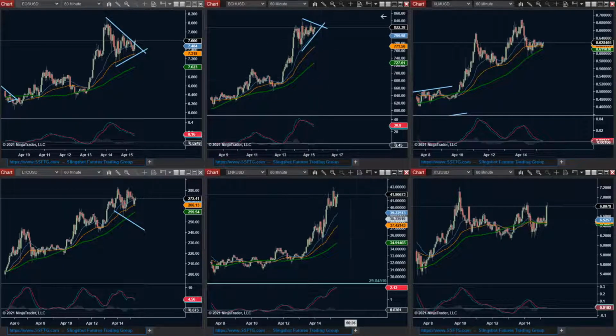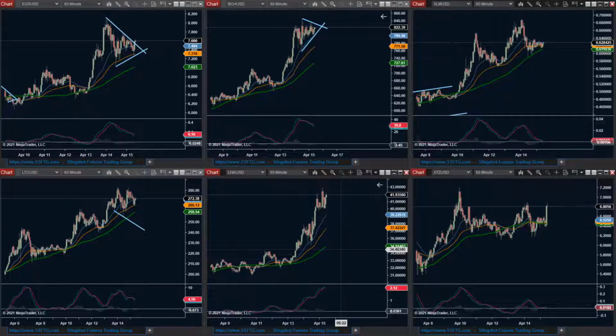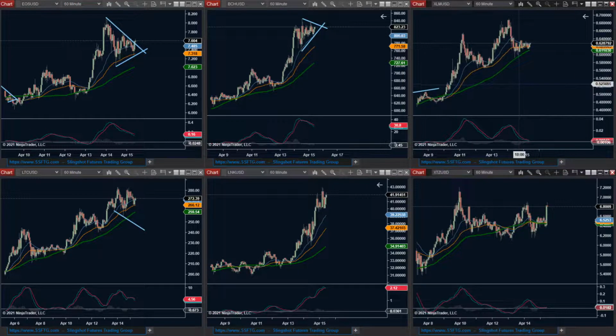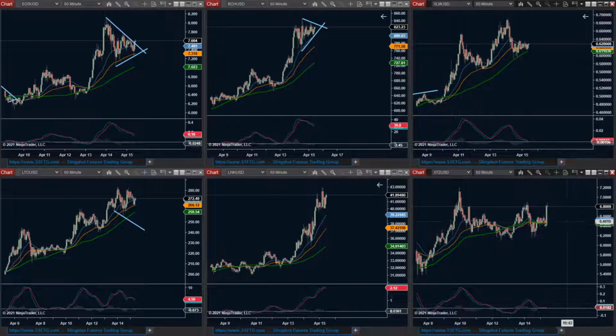Quick little dip down to 750. Over on Link, finally. Good Lord, it took this thing long enough, but it's finally churning to the upside now, up into the 42s, 43s. Good continuation higher. Lumens, I think Lumens and Tezos, which Tezos is already kind of kicked off, but Lumens I think is the next big one that's going to be looking for the big breakout squeeze.